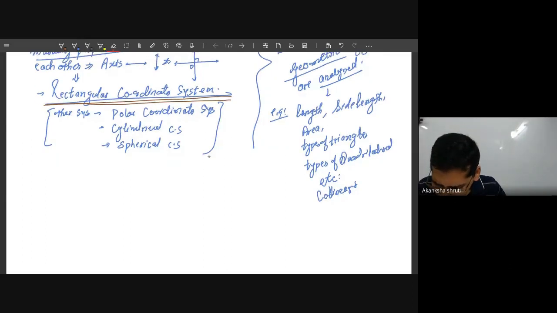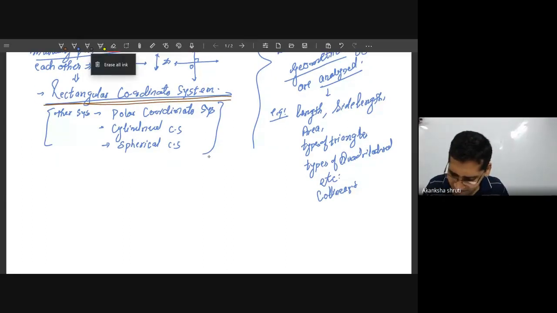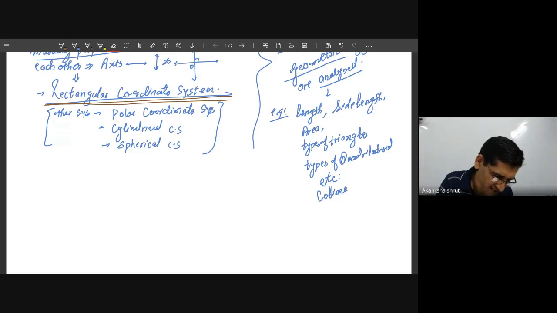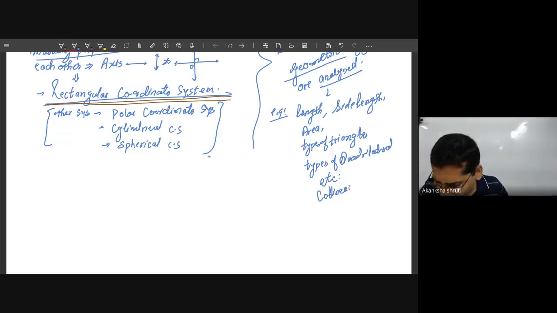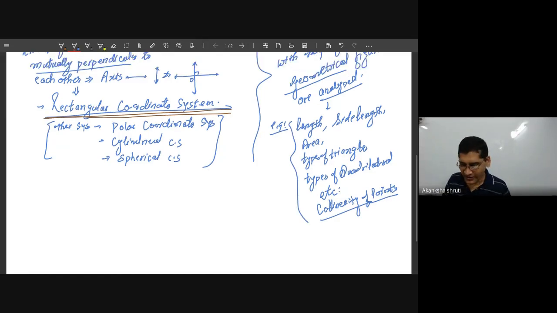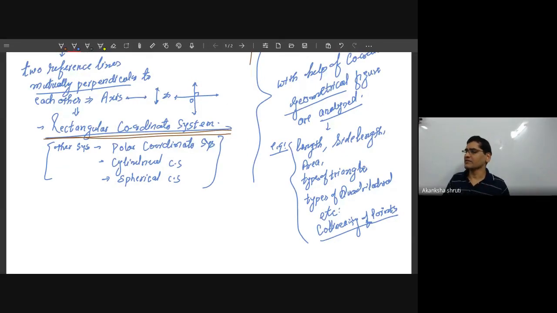Okay, so how is this collinear? Let me write. So all these things, collinearity of points, can be analyzed. So these are the areas of interest of this coordinate geometry, where whatever is done by geometry, which kind of triangle is this, how much angle is this, everything can be calculated. Even the angle can also be calculated.